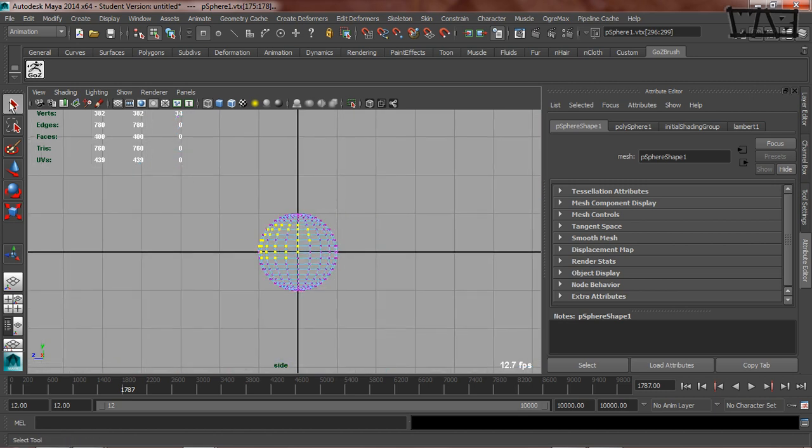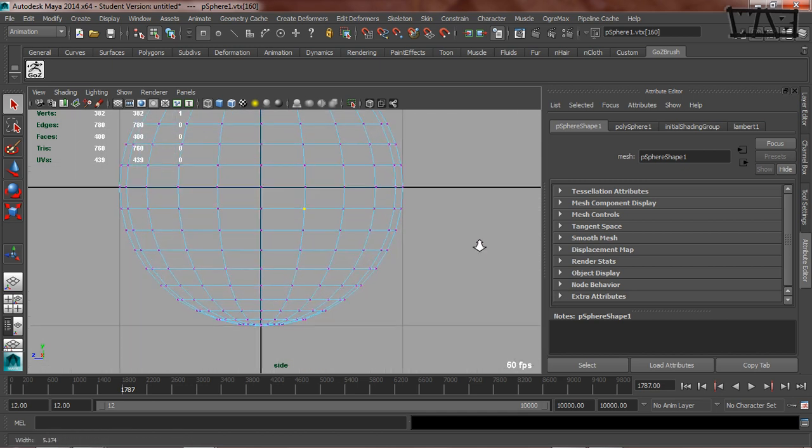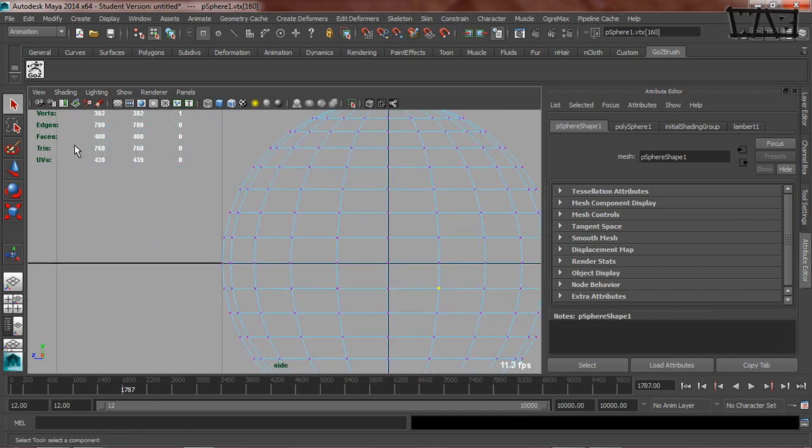Okay. Now with the selection tool, there's a few ways you can use this. You can do your normal, don't hold down any keyboard keys, drag and select. You can click to select. You should know that there is a difference. In this particular case, I have a heads-up display right now showing me information about this particular model. Right now it says verts. I have one selected, and there's 382